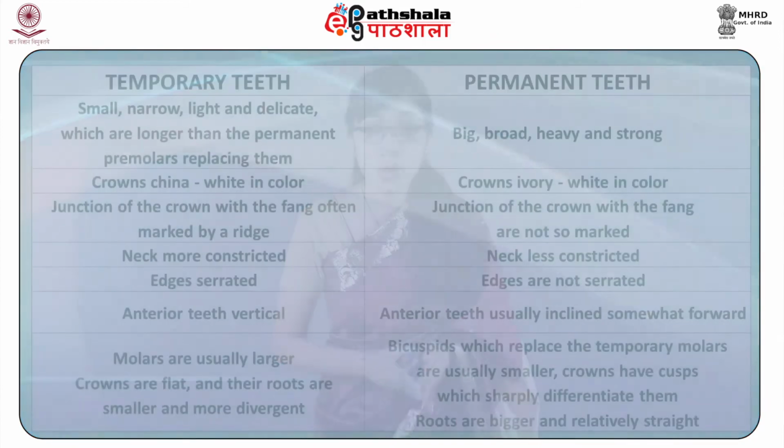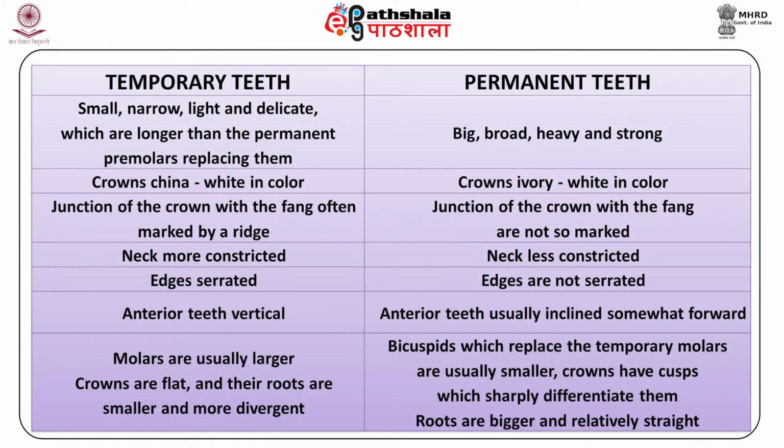In general, as compared to the permanent teeth, the temporary teeth are smaller except the molars, wider, more constricted at the neck, the junction of the crown with the root, and have jagged edges. The difference between the two sets of teeth and the approximate period of their eruption and root calcification has been shown in this table, where in one column we have the temporary teeth and in the other column we have